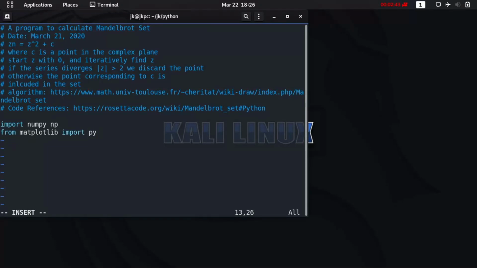Import pyplot as plt. We'll use that to visualize the image that we draw. And so we start with an image,